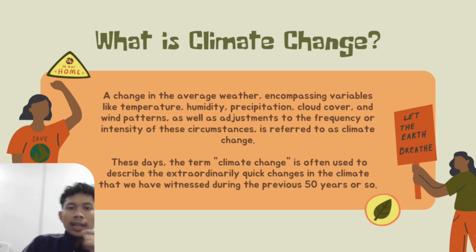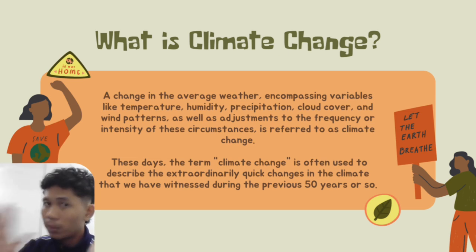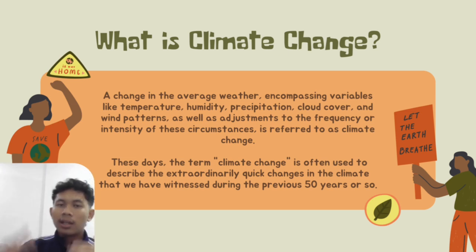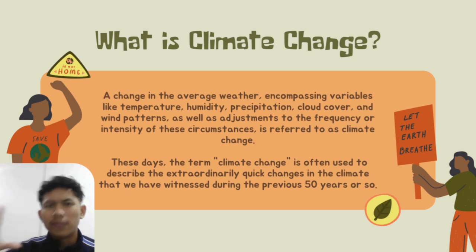So it's basically a shift of weather conditions, and also a change in the frequency or severity of these conditions. The Earth's climate has been changing throughout its history, and these cycles occur over a long period of time, and this is basically a natural process. So climate change is a normal process. The Earth's climate does change quite a lot, but it happens over a really long period of time.